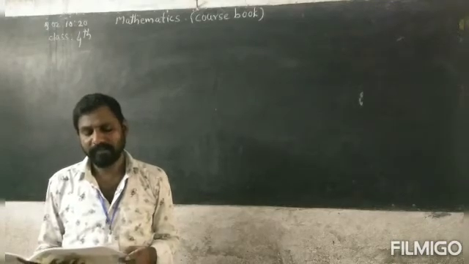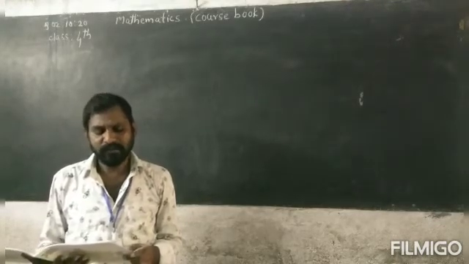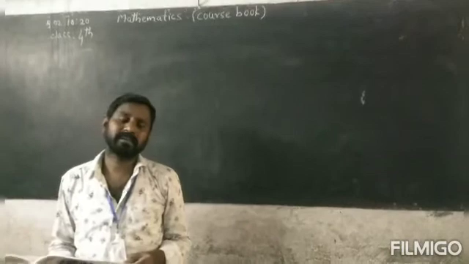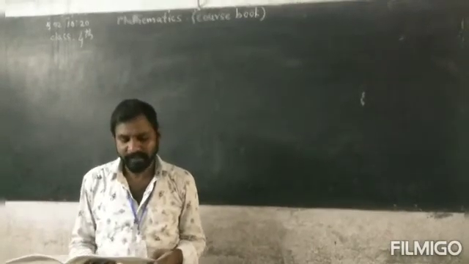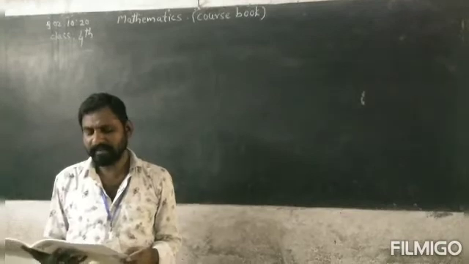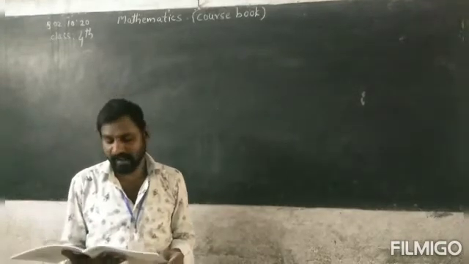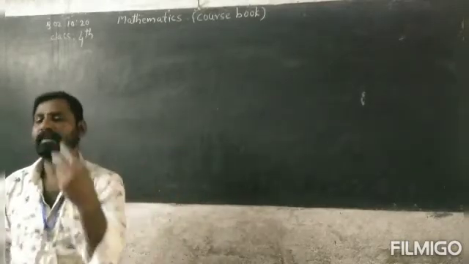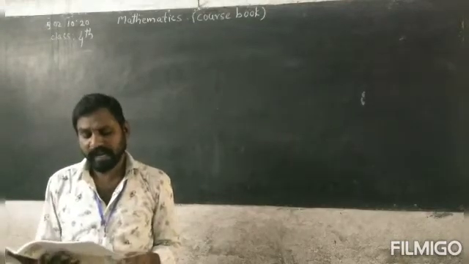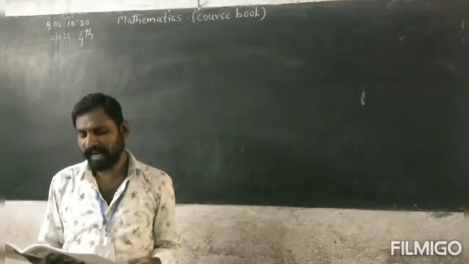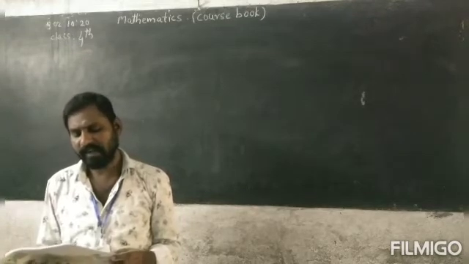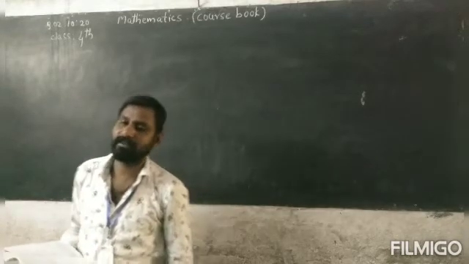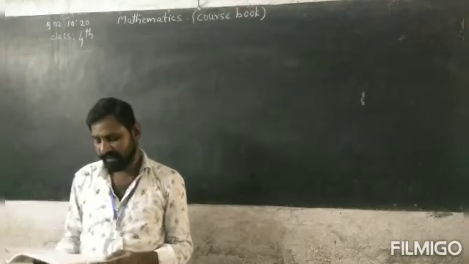So here, how do I solve it? Should I do addition or subtraction? See here, in this problem, it is clear that people sitting on the benches are more in number than the ones standing in the street. In order to find out how many people standing along the street are lesser in number compared to the ones sitting on the benches, we have to do subtraction. So you can do subtraction method.